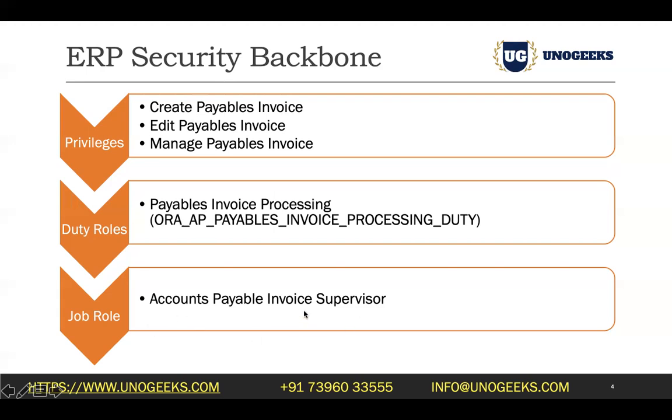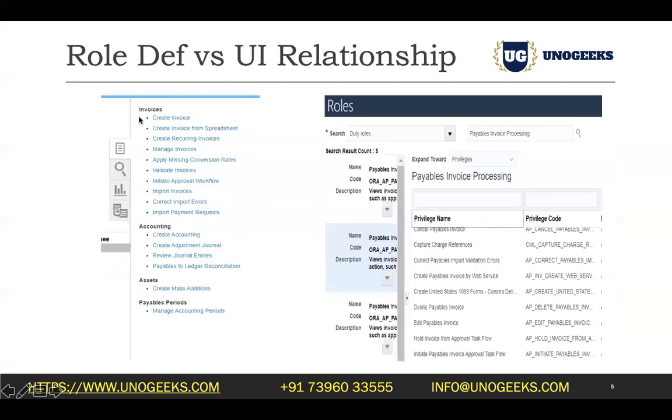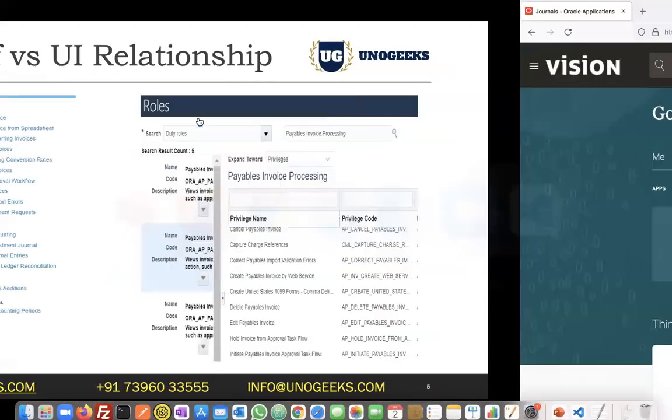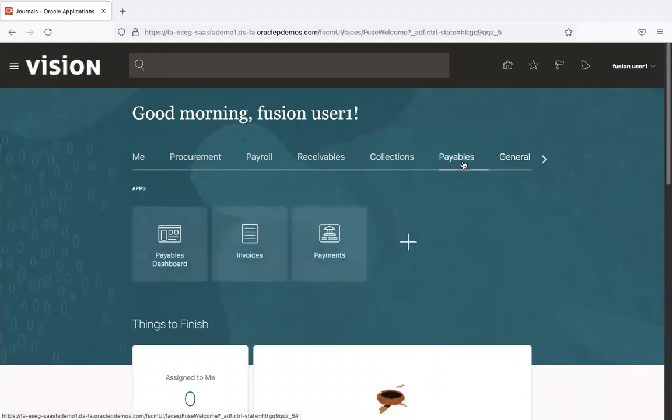So if I'm an accounts payable supervisor, one of my duties would be to process payables invoices. To do that, I would need access to these particular tasks. So to give the accounts payable invoice supervisor the ability to perform these tasks, Oracle created the privileges, assigned them to a duty role, and that duty role is assigned to the job role. And this is precisely why the moment you assign the accounts payable invoice supervisor role to a specific user, if you go into invoices, yes, they would be